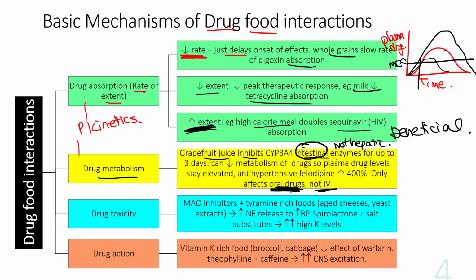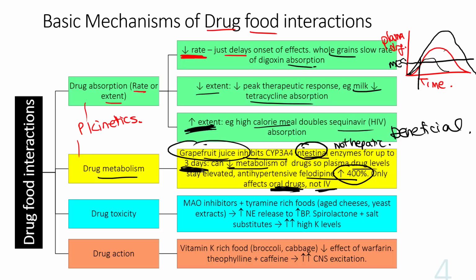But look at how it actually affects it. If a drug is given orally, grapefruit juice inhibits the enzymes, it can decrease metabolism, and so the plasma drug levels stay elevated. And we're talking about a huge increase in plasma drug levels. For the antihypertensive felodipine, it can be increased by up to 400%. The other thing is that the effect of grapefruit juice can actually last